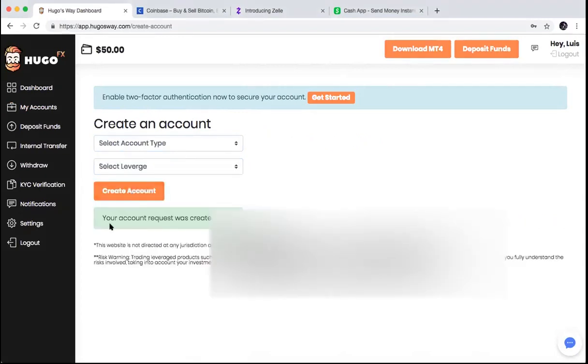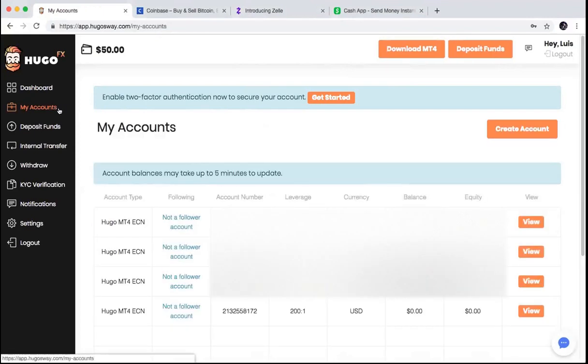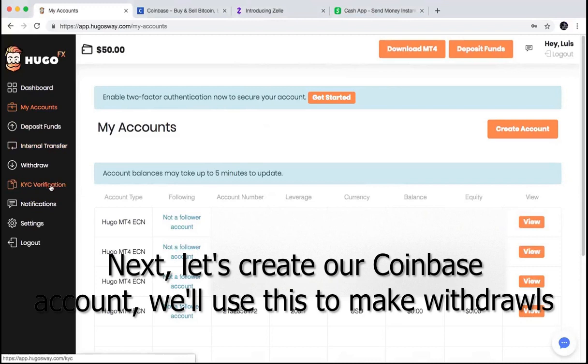And then from here, your account request was created. Basically, from here, Hugosway is going to send another email over to you with the credentials. And basically, these credentials are what you use to log on to your MetaTrader app, which I'll go over in a bit. While you're waiting to be verified for Hugosway for the documents you sent, you can go ahead